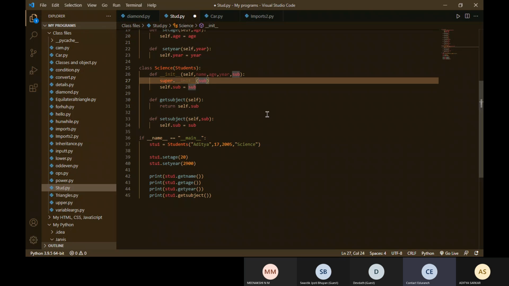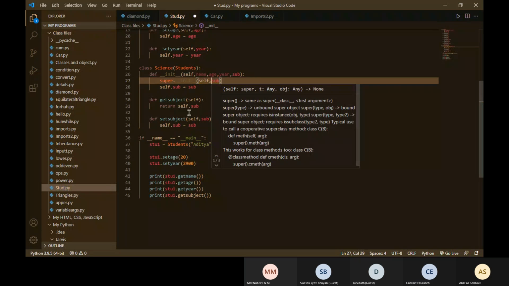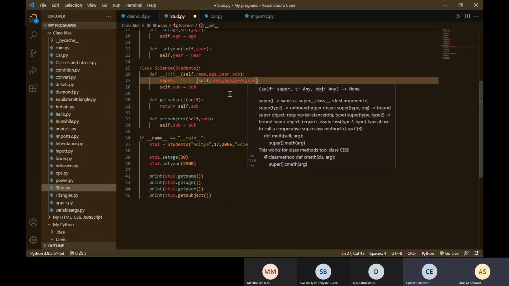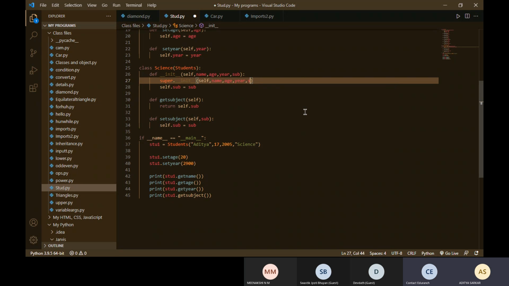Super means you are referring to your parent, which is student, and that only requires name, age, and year. Not subject. Subject belongs to the current class, not to the parent. Connecting to the parent class via the super. Okay, got it.